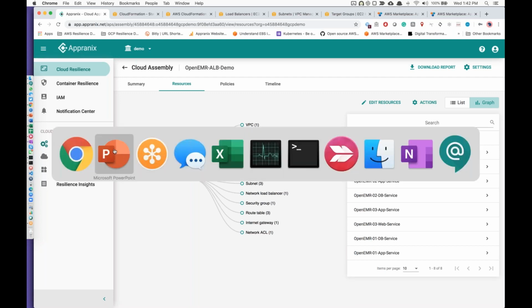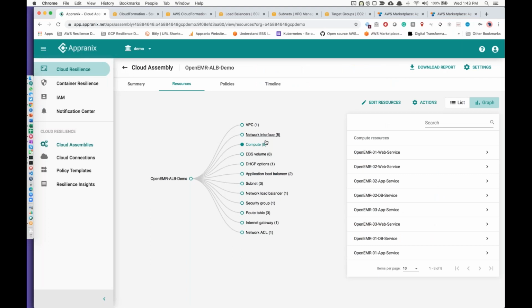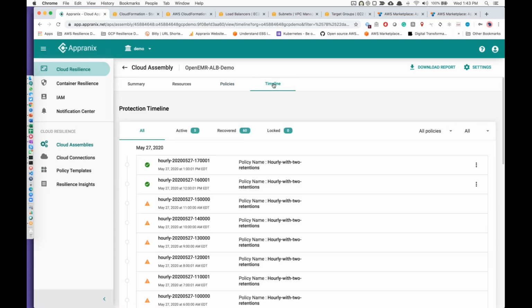So if you think about these resources here, these resources are spread out. In this particular case, I have spun out into 4 different zones. In the practical application that I'm showing, it is about 3 different zones with a lesser number of load balancers. I will show you how that maps up. You can see I have to just select these 4 instances or 5, 6 instances for that application. Everything else will be automatically figured out by Appranix. Then you add your policy, daily policy, weekly policy, and so on. And Appranix automatically creates that timeline. Environment time machine is created.